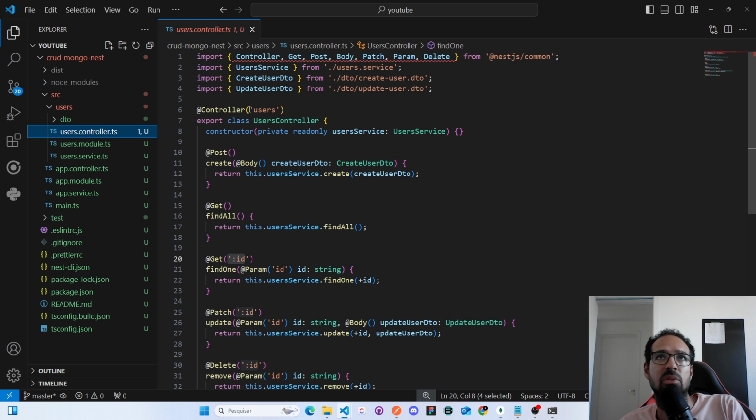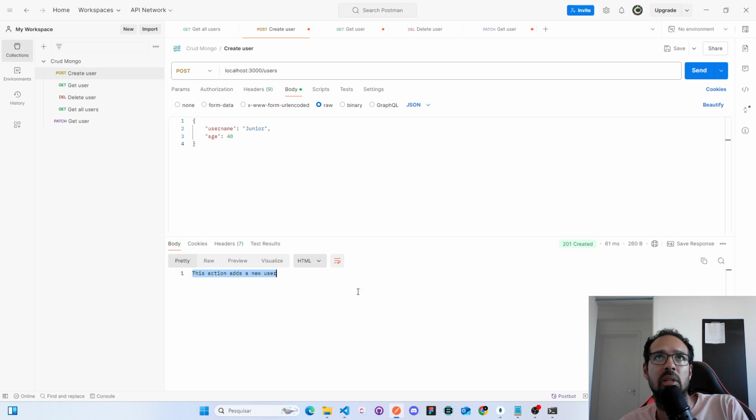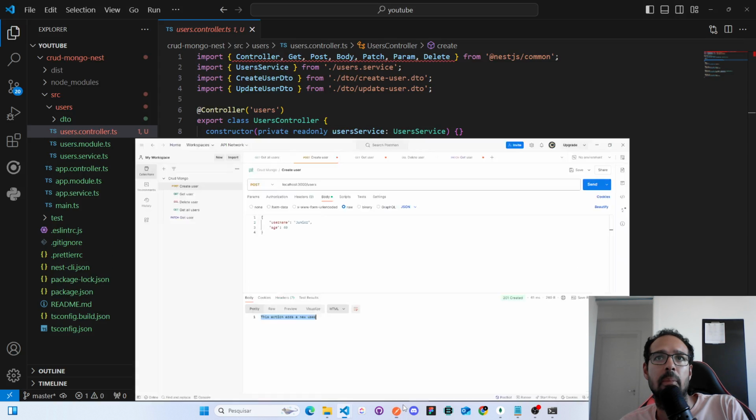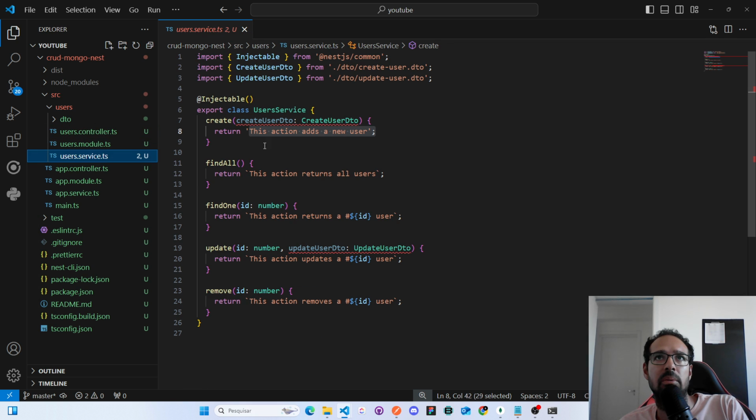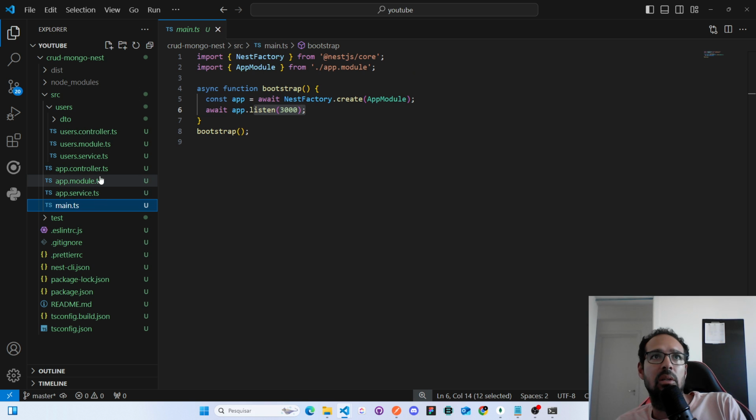So it goes to the controller. It says, okay, controller users, I'm trying to create something, which is the create here with this post here. And with this post, it goes to the logic file, and it's returning this action, which is a new action, adds a new user. Perfect. Now we actually need to make this work, so we go to the main, not to the main, actually